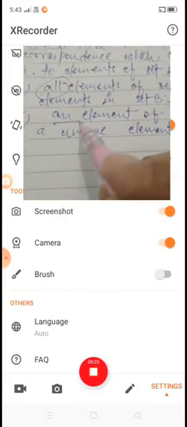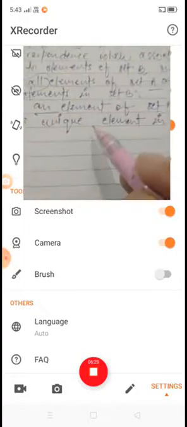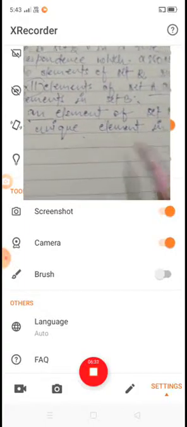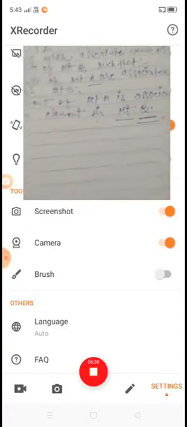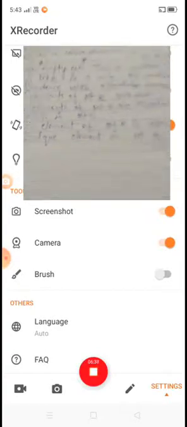An element of set A is associated to a unique element in set B. This is the necessary condition for a function.